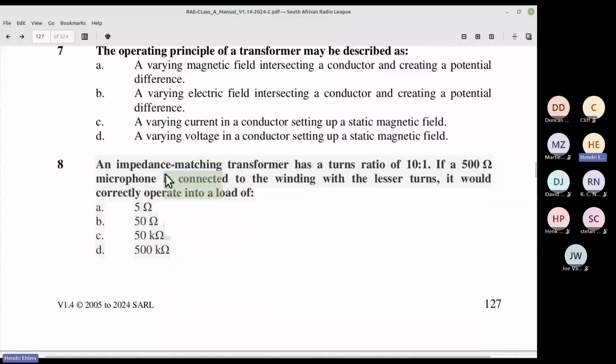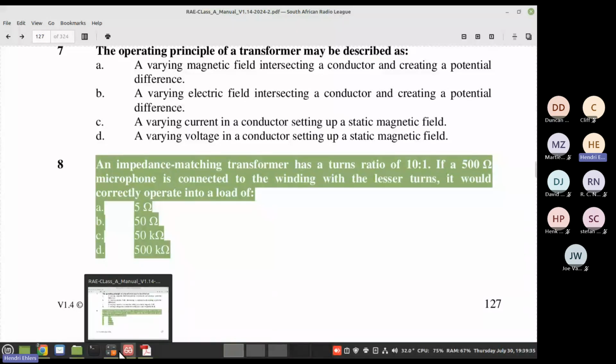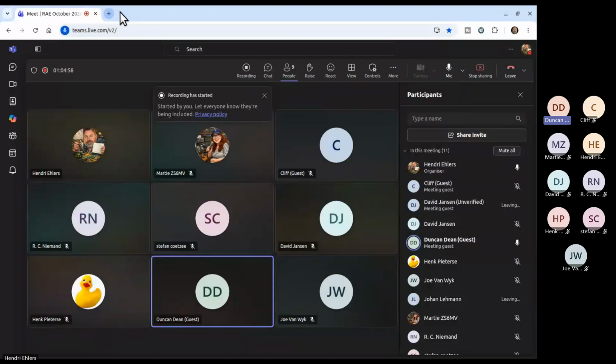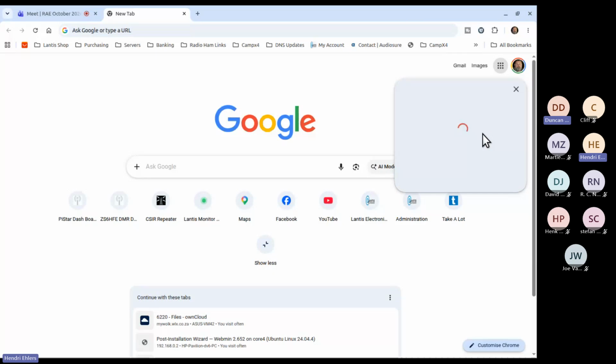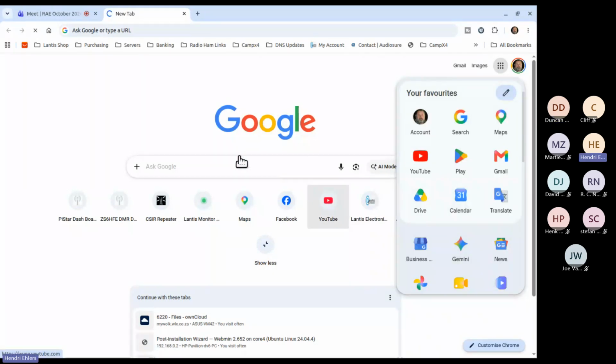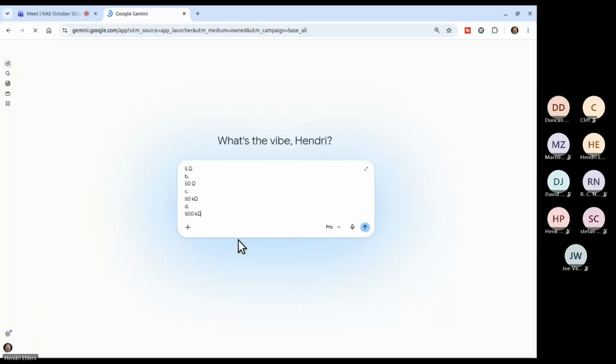Okay, I've got somebody that helps me when I'm not sure. Let me plug in quickly and we'll just ask. I should have actually done that. I don't know how I missed it. Load over primary. It's 500. Yeah, I get 5 ohms.